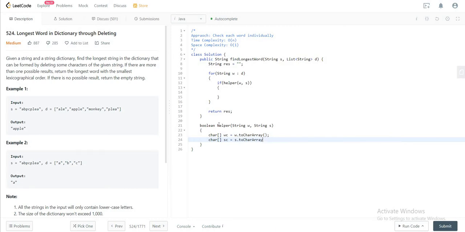And then let's initialize i and j. i is equal to 0, j is also equal to 0, and these will keep track of the index that we're looking at in WC and SC. So we'll have a while loop obviously for that. So while i is less than WC.length and j is less than SC.length,